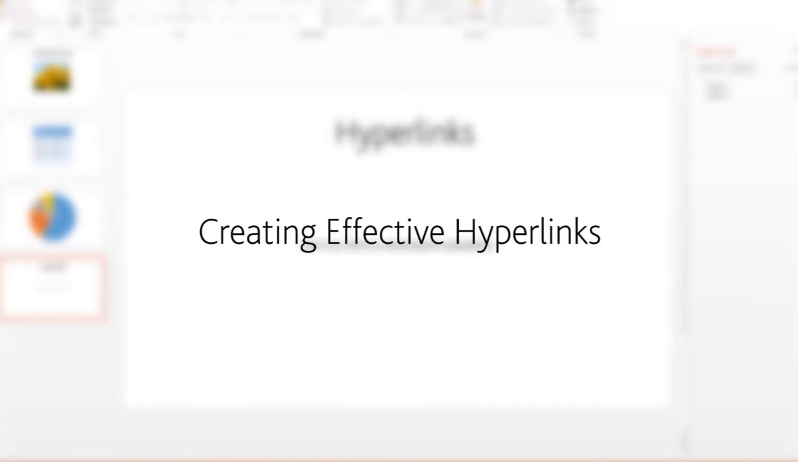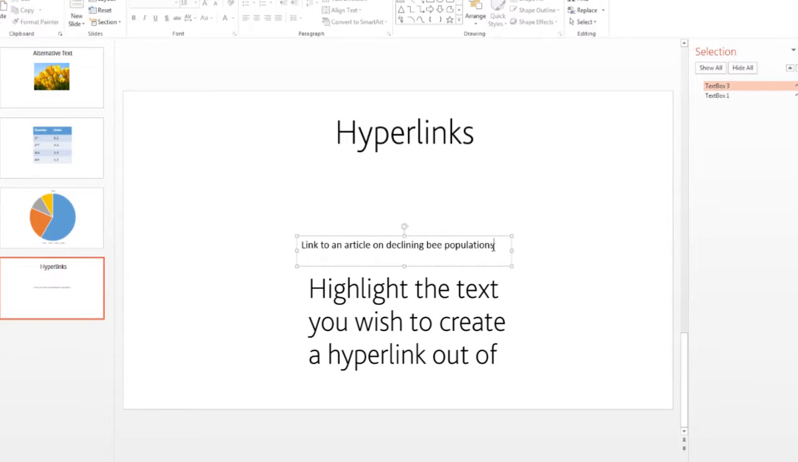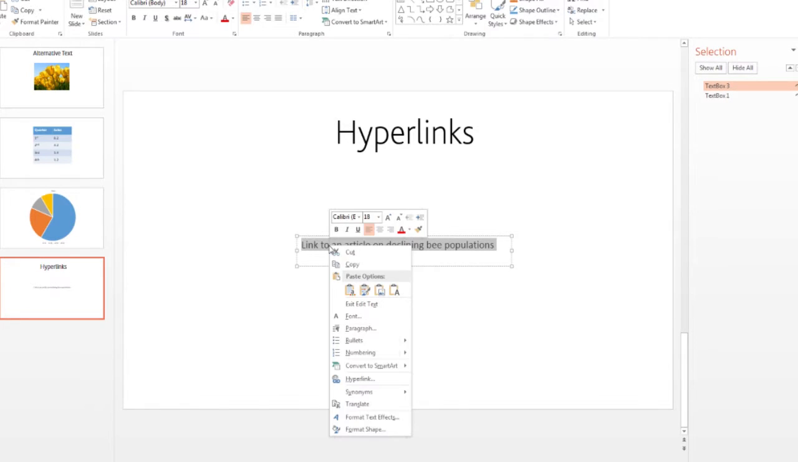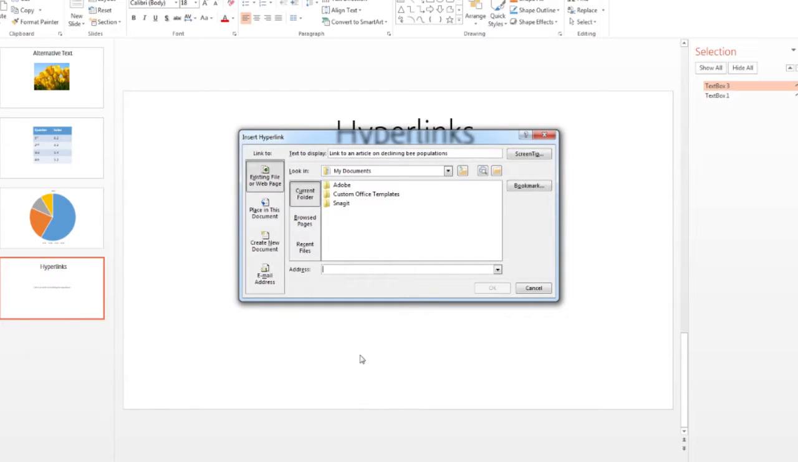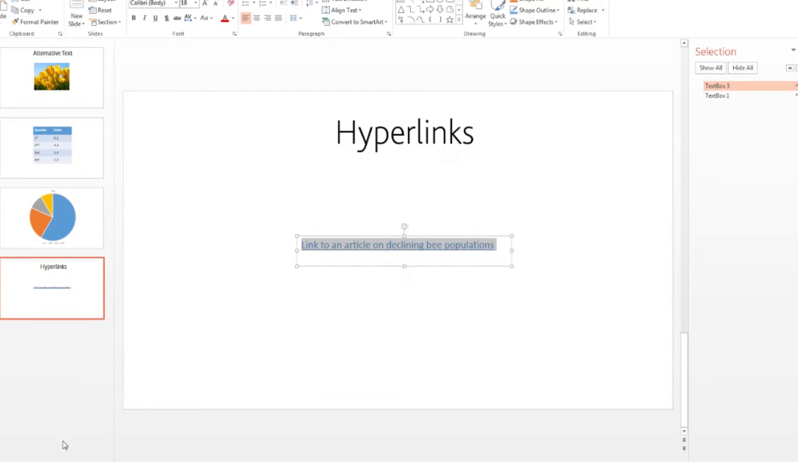Creating effective hyperlinks. To create a hyperlink, highlight a desired portion of text. Right-click the passage and click Hyperlink. Paste the address of your hyperlink in the bottom bar. Then make sure that Text to Display has a clear description of where the link will go. Things like "click here" and "link" are not useful and do not help the reader decide if they wish to